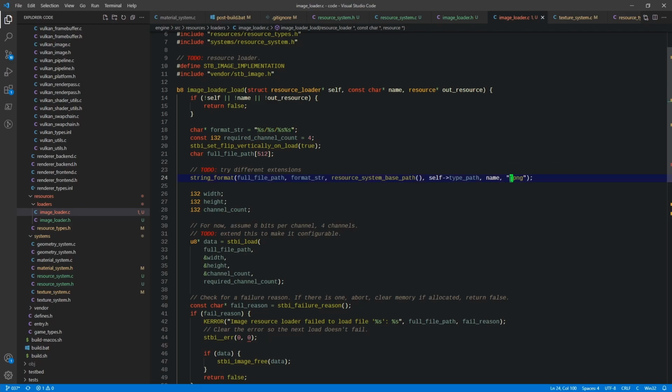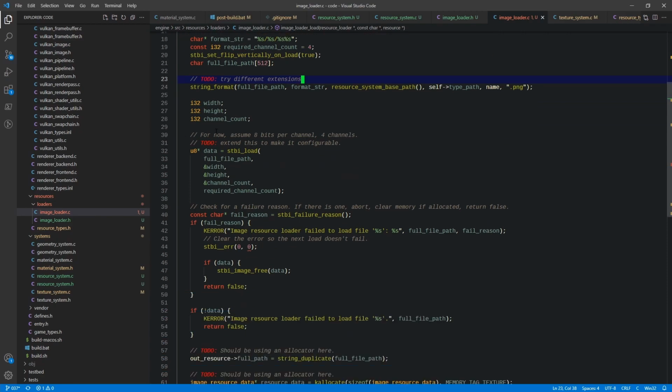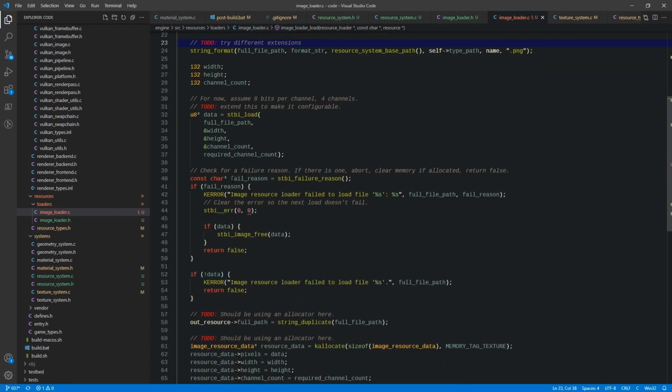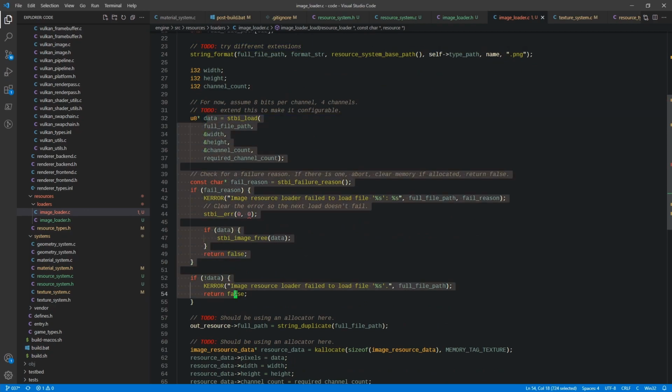And we've just gone ahead and put the dot here instead of in the format string, because eventually when we go to try different extensions, we want the ability to actually pass the extension here in some cases. So we've gone ahead and removed the dot here, and we're just going to use it in the extension. And that way, if you don't pass an extension, we'll just go ahead and use that one, right? We don't have that logic in here yet, but that's the general idea. Okay, and most of this logic is exactly the same as what you've seen pretty much before, okay? Okay, so once we've loaded up the image, right,